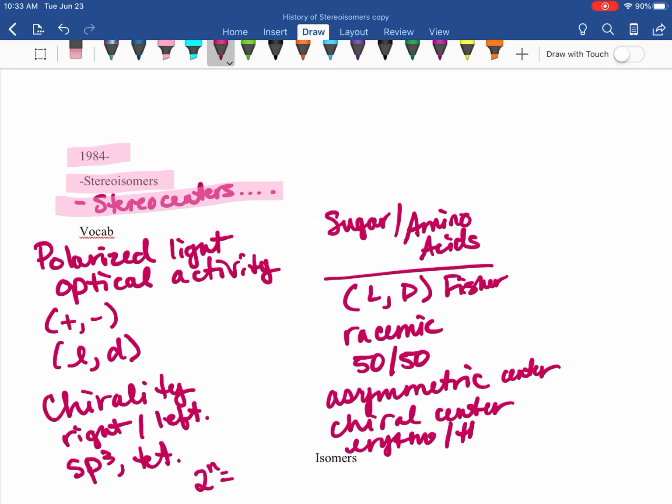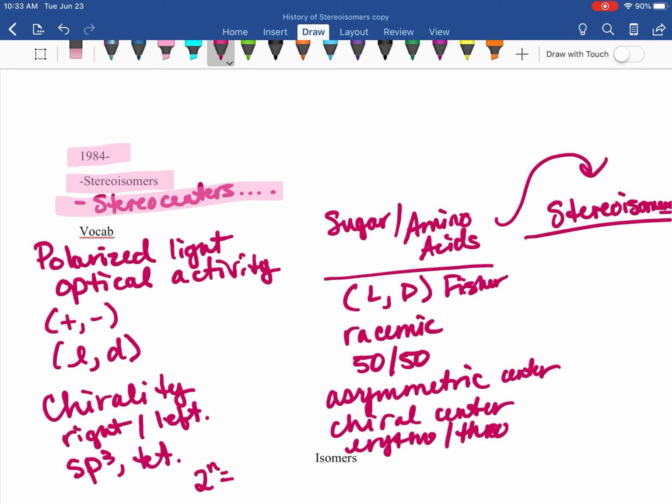Erythro and threo, these are specifically from sugars. All of these are popular before about the 1960s. You'll still see them in literature, but they are following the history of our stereocenter. And then as we get modern, past about the 1980s,